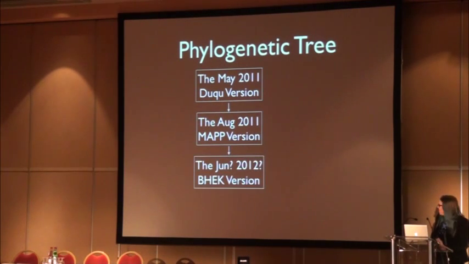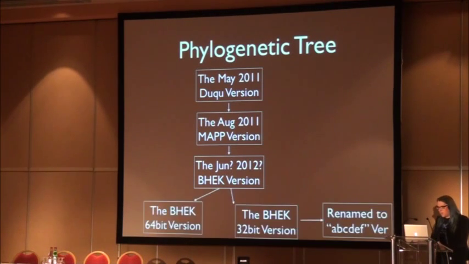So in any case, the Black Hat version. I haven't actually gotten any of the data for whatever the broken version was back in June. But looking at the current versions, the 32-bit version is almost bitwise identical to the map version, but different from the Dooku version. And then pretty much every other exploit kit is bitwise identical to this one, even with